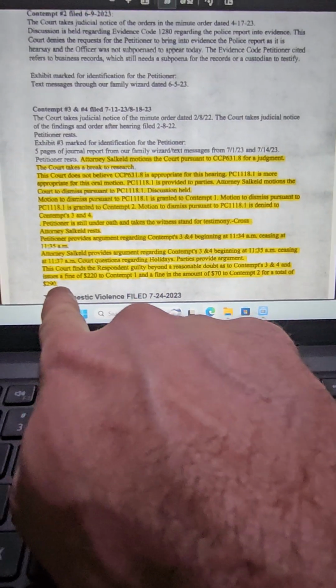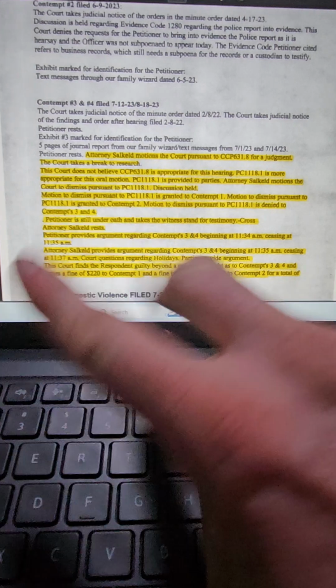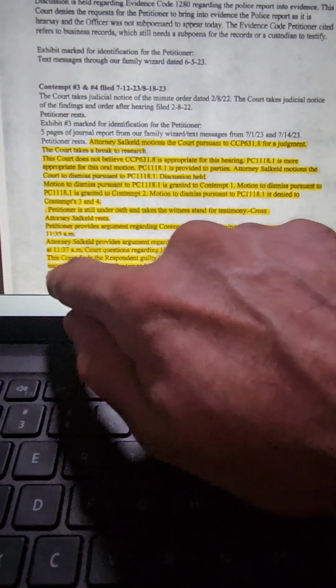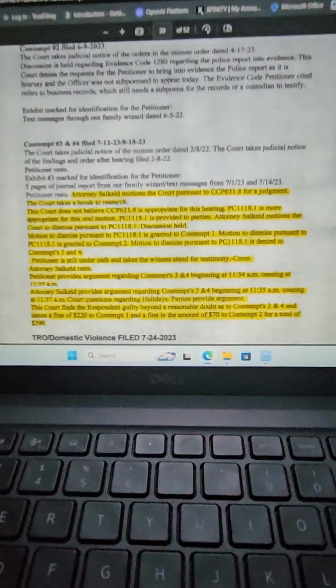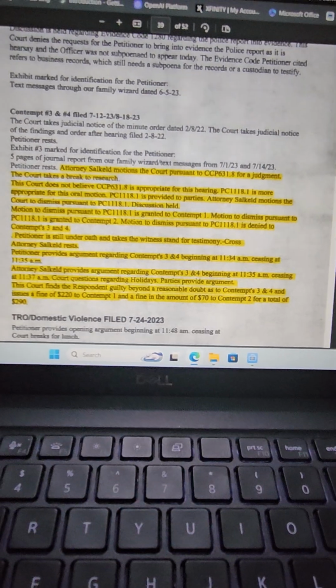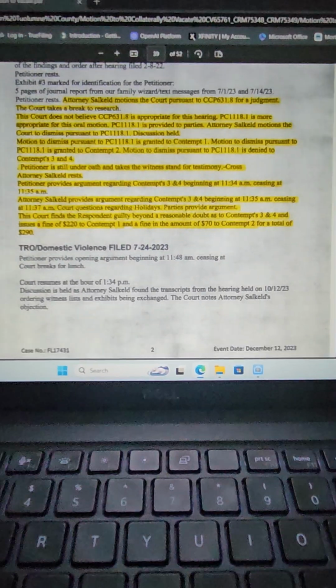They're trying to throw me in jail for a year for 3 contempts. She was charged with 2 contempts. She was fined $290. And I bet you, I'm going to get this certified. I bet you she didn't even pay that fine. And the fact that she didn't pay that fine means that she got away scot-free. And this better be on her record. These are misdemeanor charges. Okay.